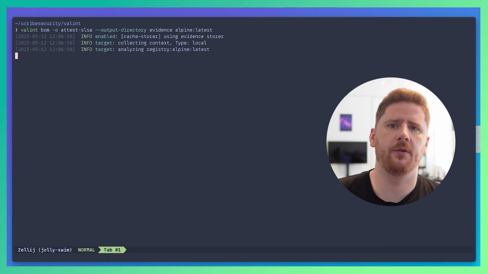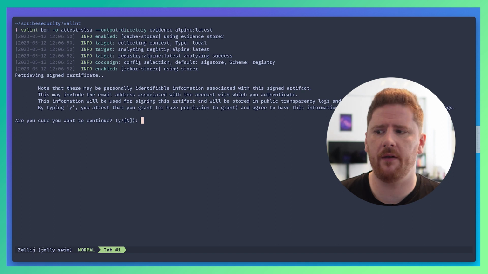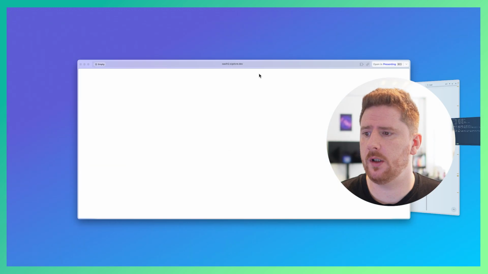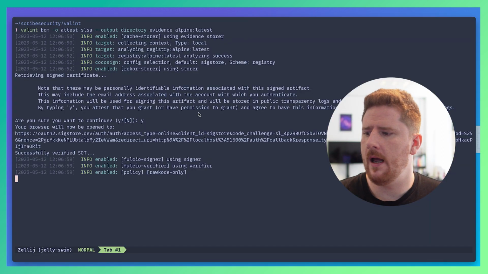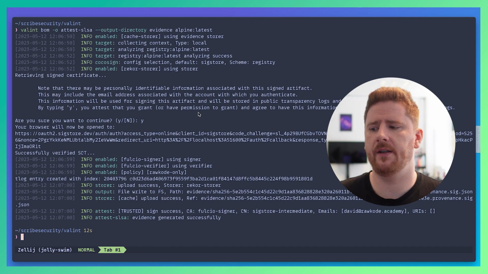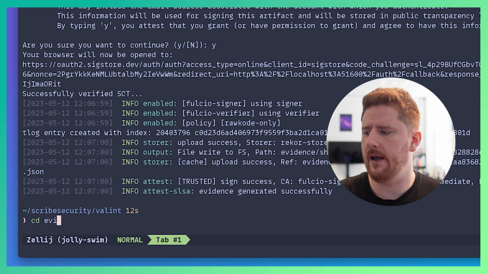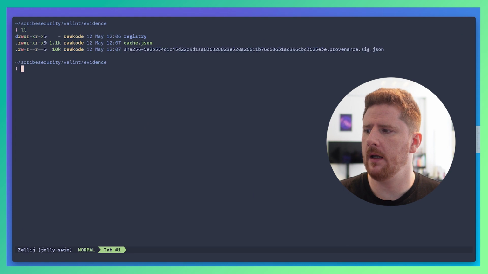This is going to make sure we have the latest version of the image, collect all the evidence, and ask me to sign it once more, which we can do here. And then it will store all of the evidence it collected into the evidence directory. As you can see